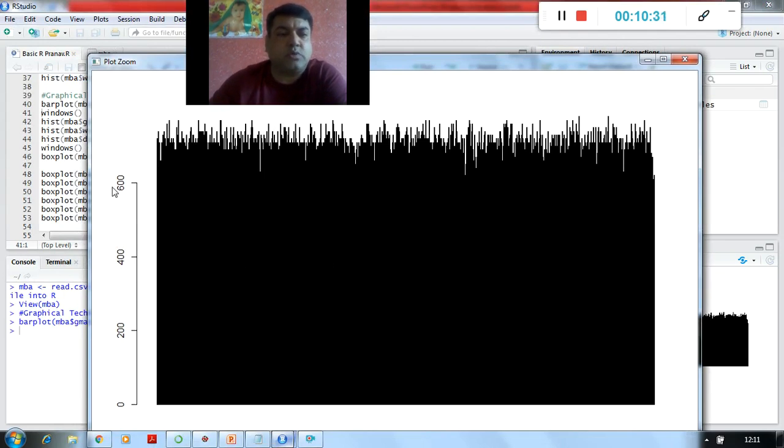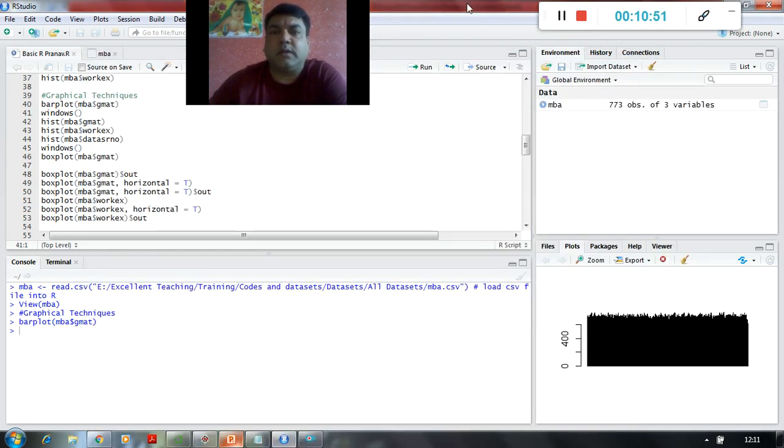So there are GMAT scores given over here, and these are the number of students. Each student's GMAT score is represented by a bar, but because there are 773 observations, these bars look so clumsy that it's very difficult to understand that this is a bar plot, right?